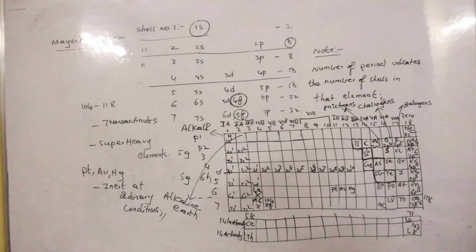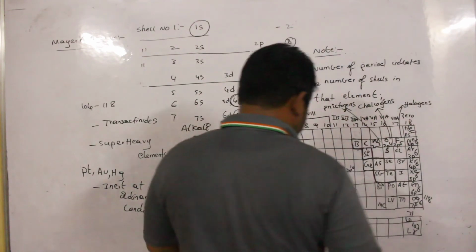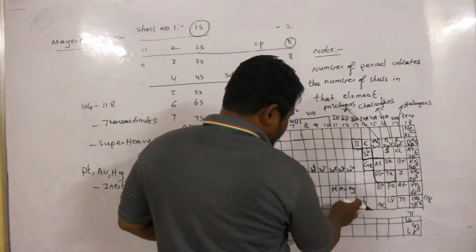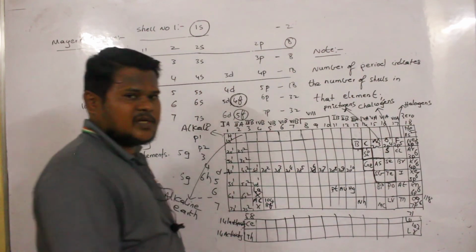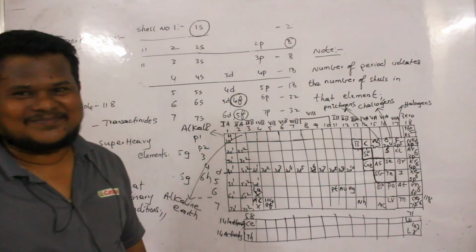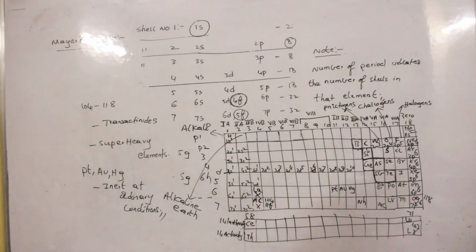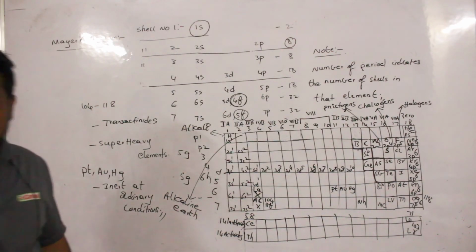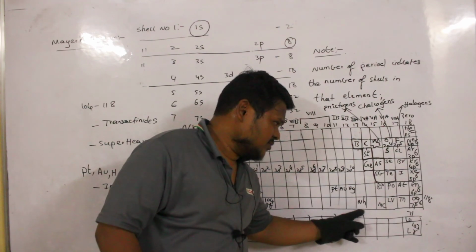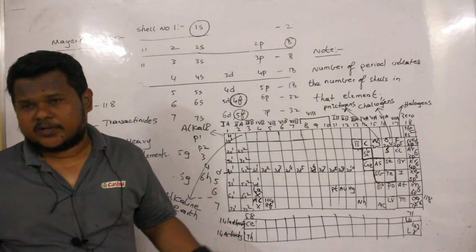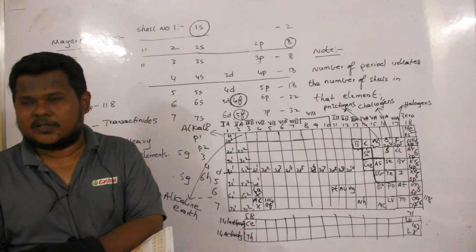Let us write. So 8A, where is this 8A? This one. Here I have nihonium. Clear? So the elements from nihonium to oganesson, they are man-made. Okay? So they are man-made elements, and their properties also still we don't know. So whose properties we don't know? Elements from nihonium to oganesson. So nihonium to oganesson, we don't know their properties because they were recently discovered elements. Are you able to understand?